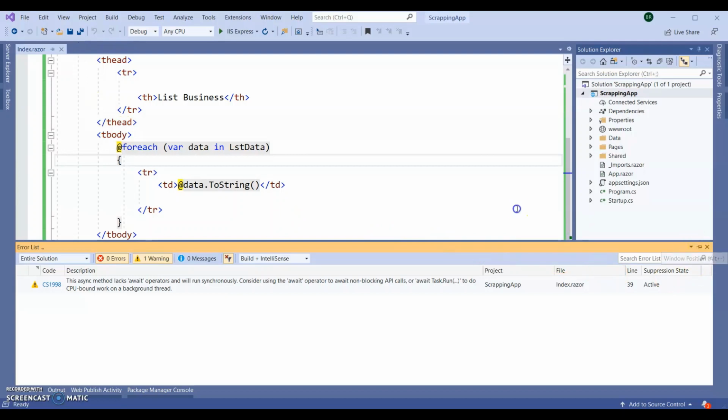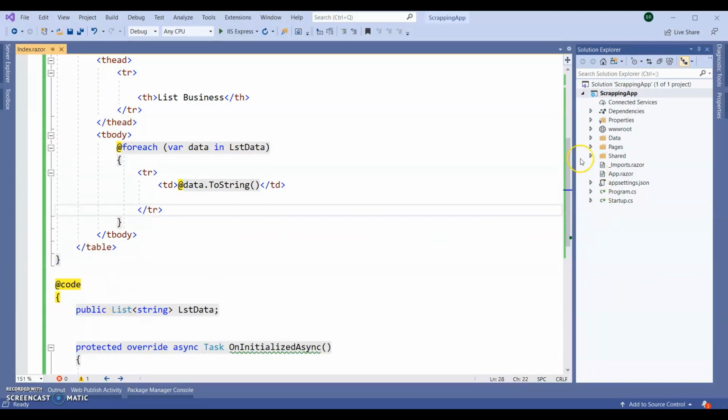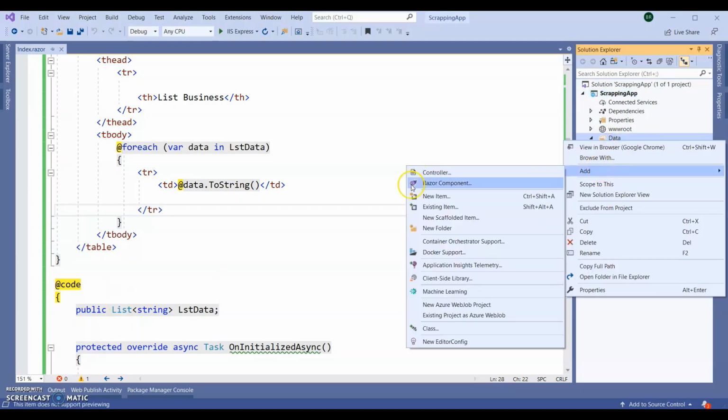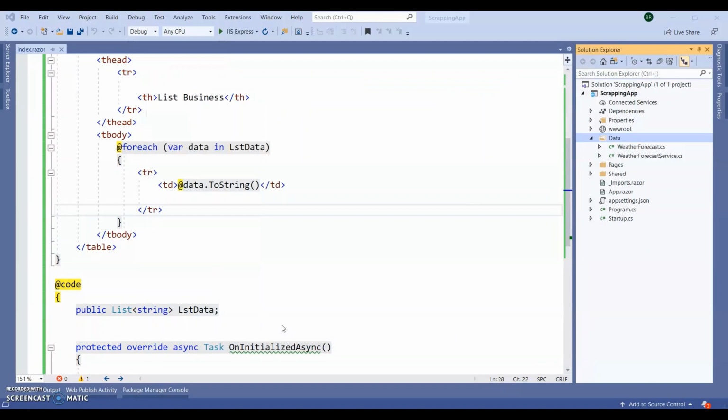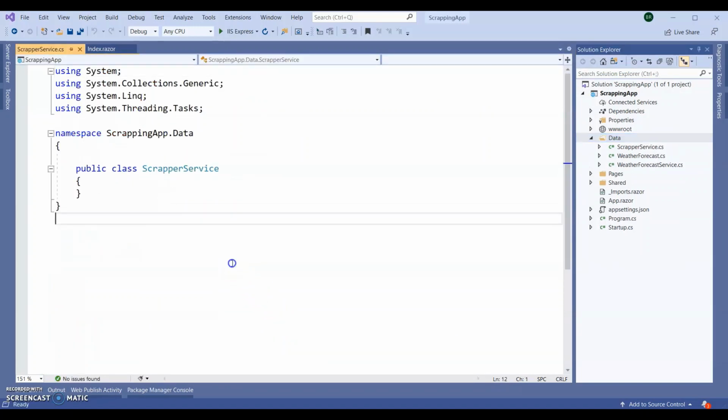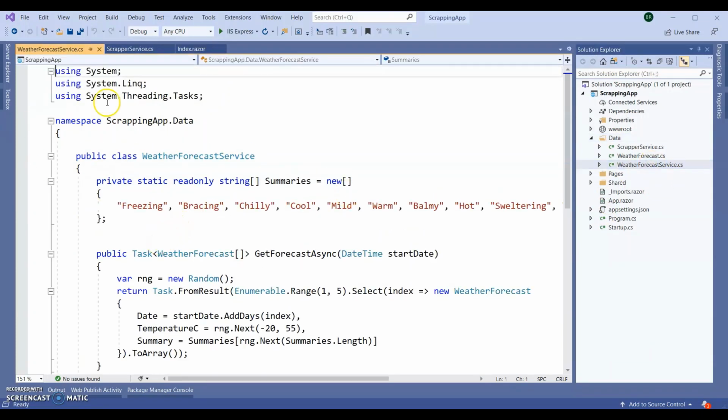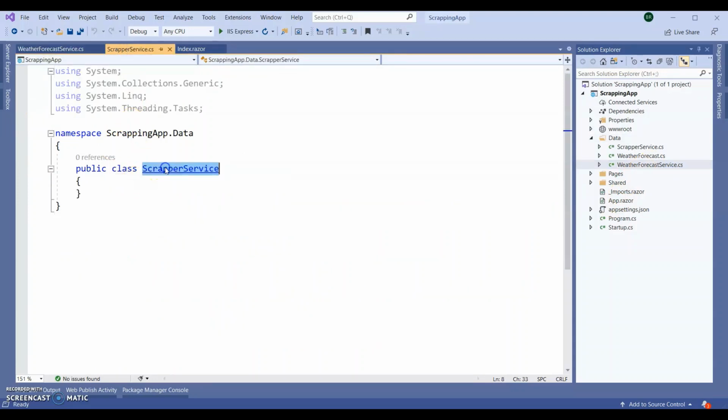So I'm going to add a class here in my data folder. Let's say I am adding a class, scraper service. So just like our weather forecast service, we added one scraper service here.